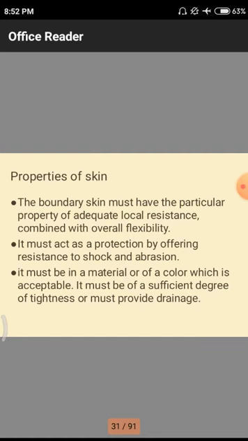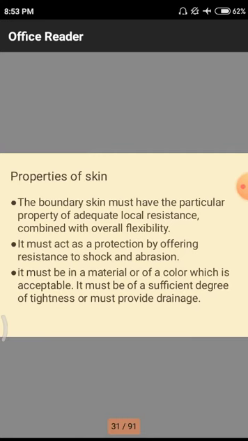Next one, abrasion. Abrasion means automatically, due to natural calamities, wind actions and other waterlogging, and sometimes due to small accidents nearby these facing elements, there may be abrasion. That abrasion also has to be faced by these skinning elements.